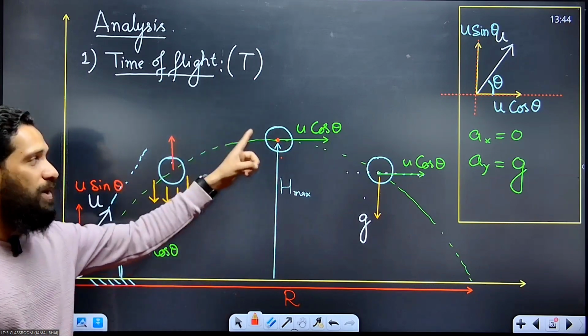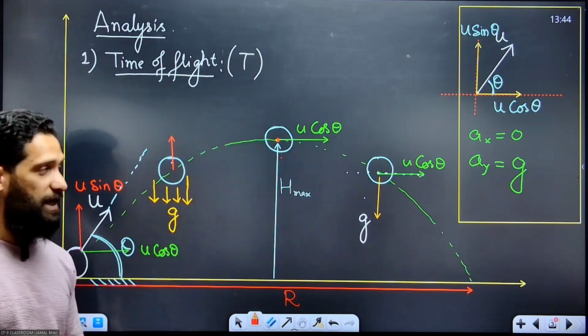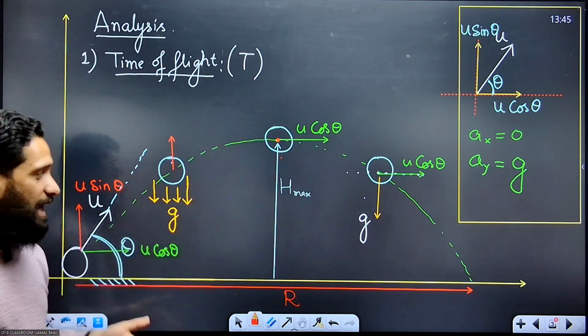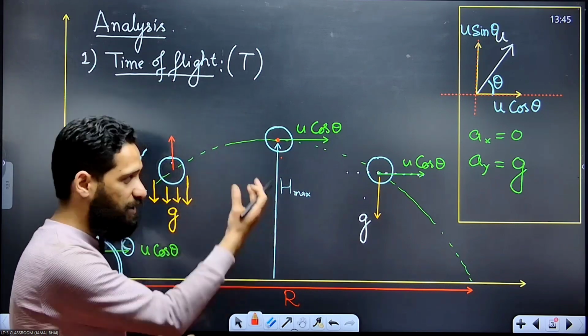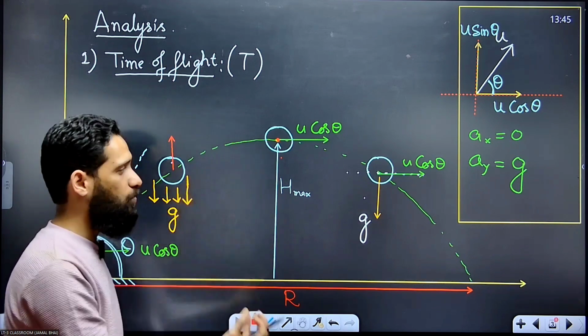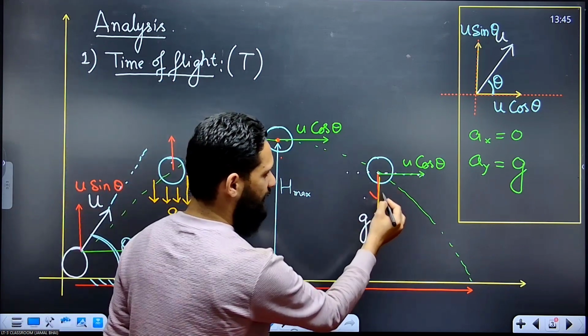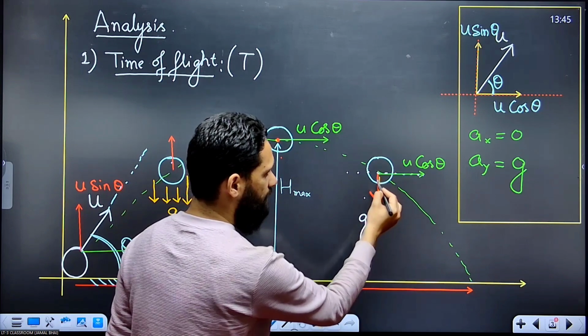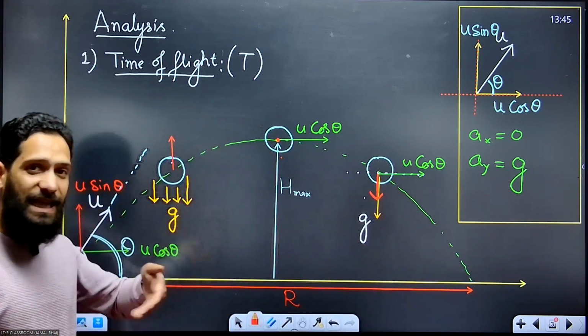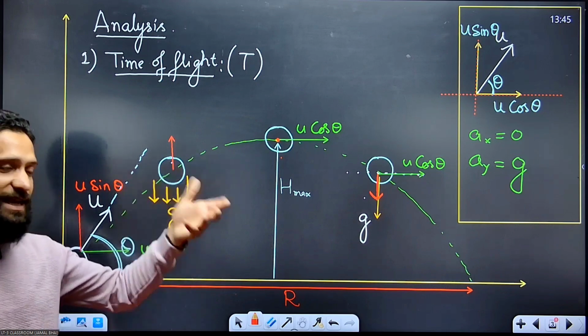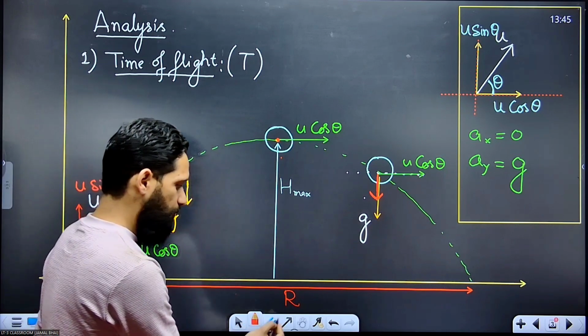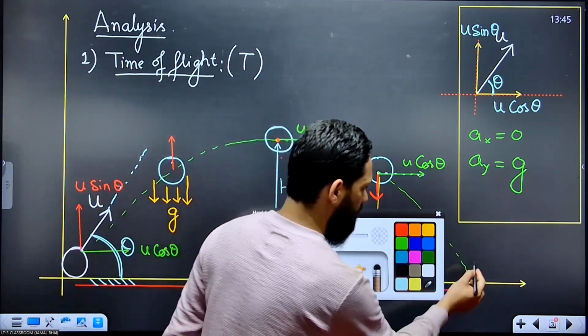It will have no vertical component up to this maximum point. And now what will happen after that? After that, the gravitational pull of the earth will keep on pulling the ball downwards, and this u sin theta, this vertical component, will again become visible. So it will again exist. It will again start existing, and the time will come when the body will hit the ground, and at the